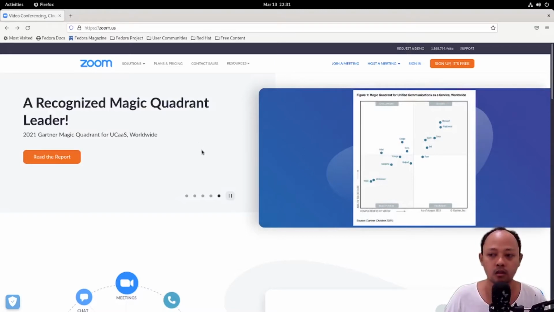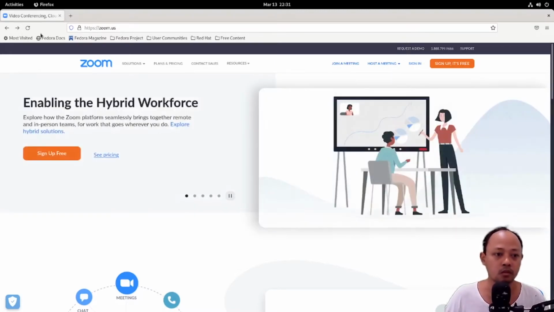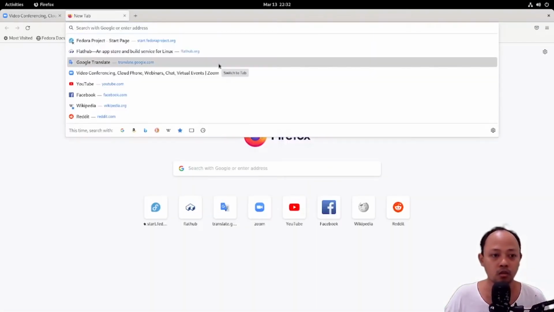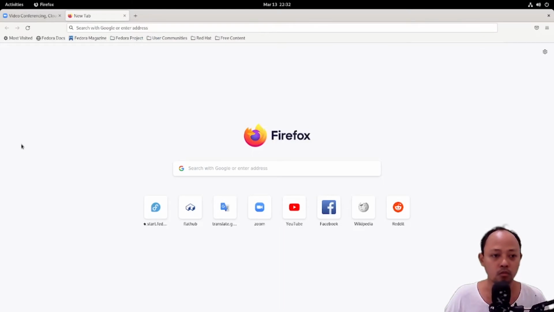Okay, let's open our web browser. We will try the first way, installing from the Flathub repository.